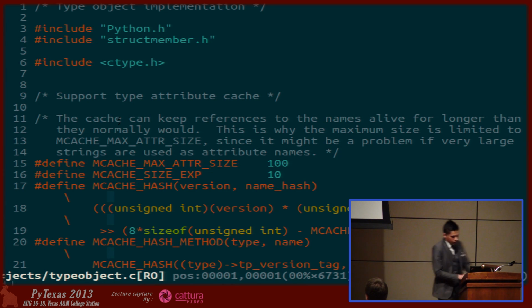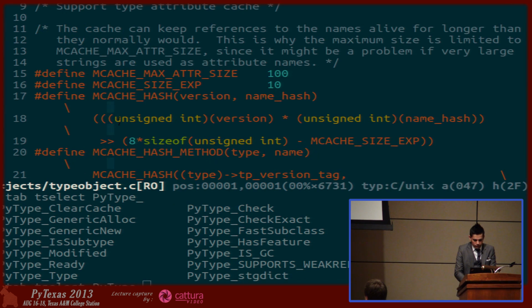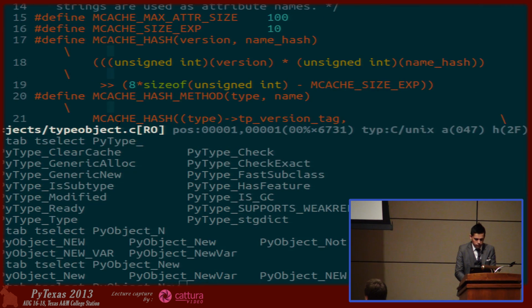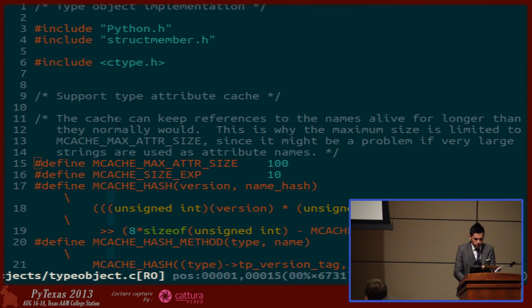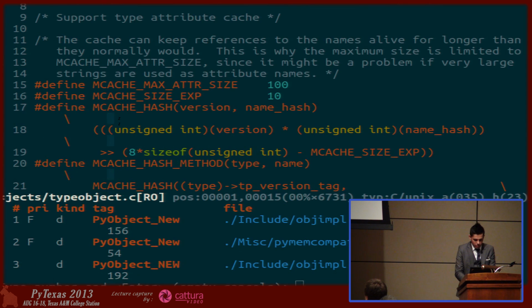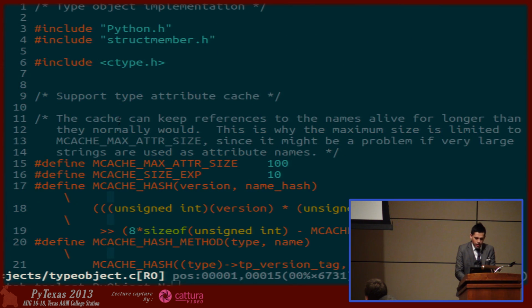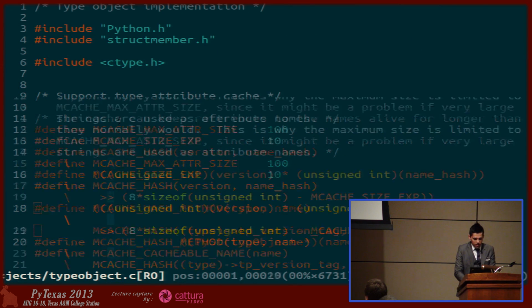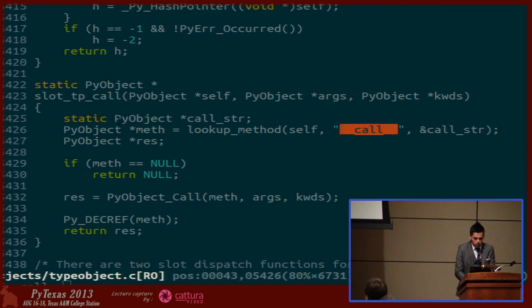And so if we look at PyType new, I have to remember what it's called. PyType, sorry, it's PyObject new. I have to remember where that is. No, it's in PyType. I'm wrong. Let's look for call. Oh, sorry. The names of these are slot, TP,